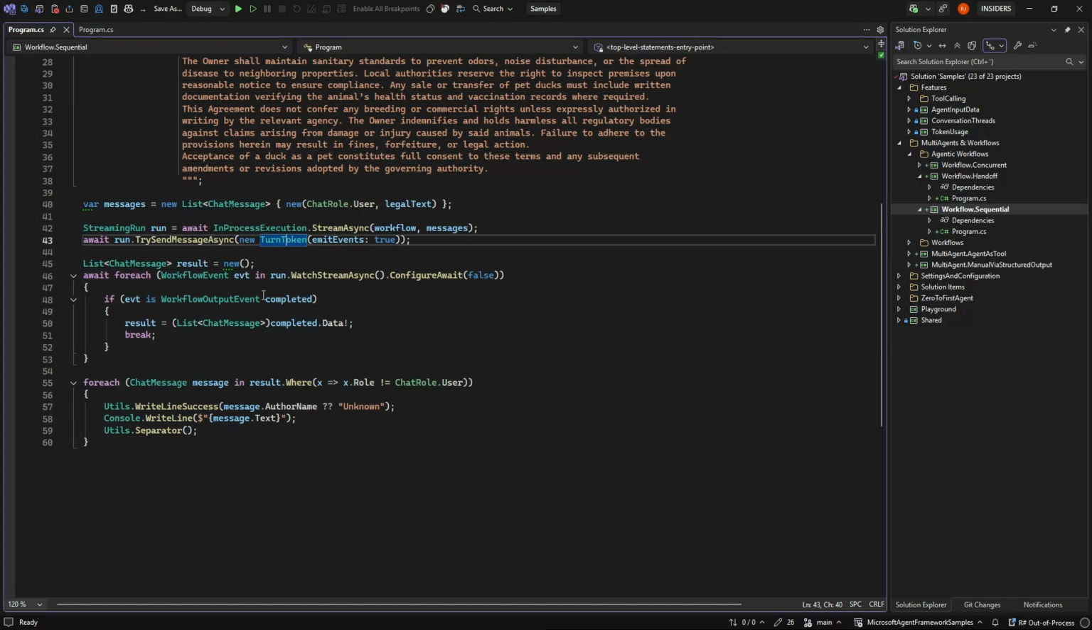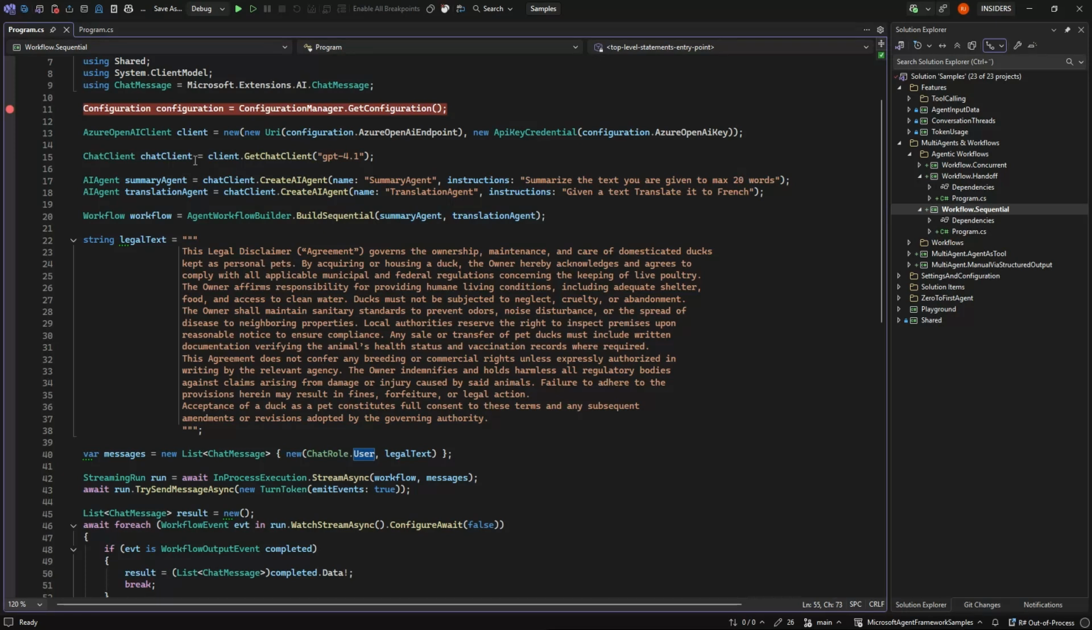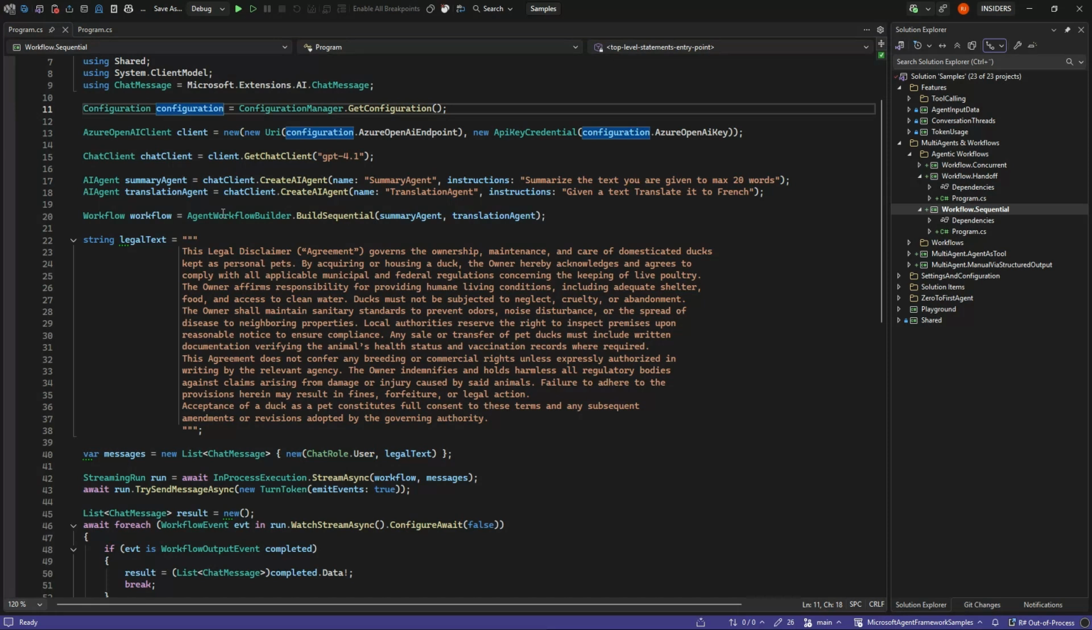But then we can go in and watch the stream of the workflow like before, and we can get back, whenever one workflow is done, the chat messages it created, and at the end, take all messages. Don't include the user messages, the ones we gave, but then just write things out. So fairly simple. We're going to run it,